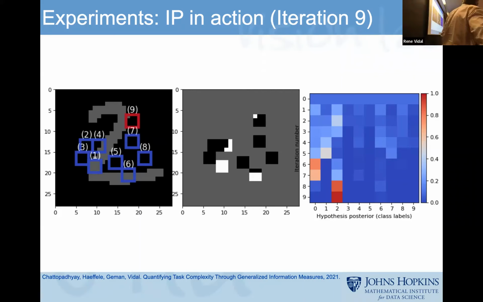All right, so I hope you've appreciated that as the iterations proceed, the algorithm is becoming more and more certain. It eventually debates whether it's 0 or 2. But after about 8 queries, it becomes fairly confident that it is a 2. The way in which the queries are selected, we can debate whether those are the most informative regions or not. But the way to interpret this is really selecting for the purpose of discriminability. Which patch should I look at in order to determine whether this is a 0 or 2? And in this particular case, the algorithm